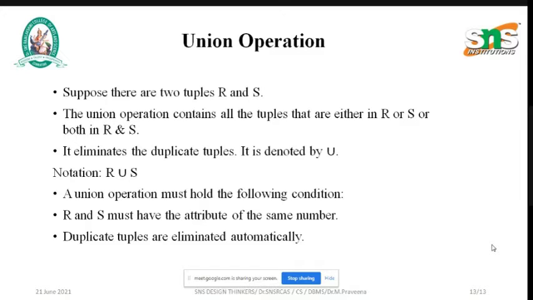In the student mark statement we will have register number, name, mark 1, mark 2, mark 3 likewise. When we combine these two tables together, the register number and name will be repeated twice, isn't it? These are called duplicate values.